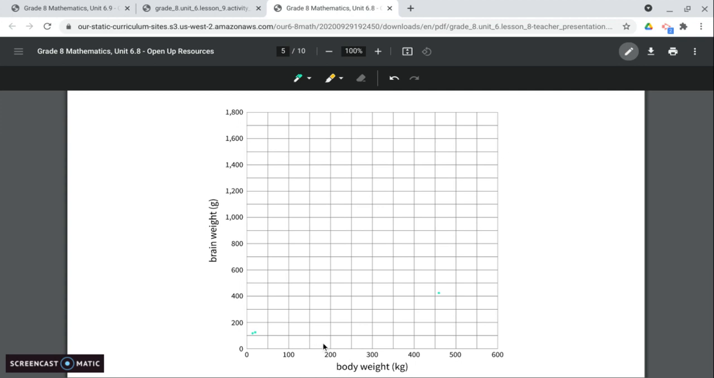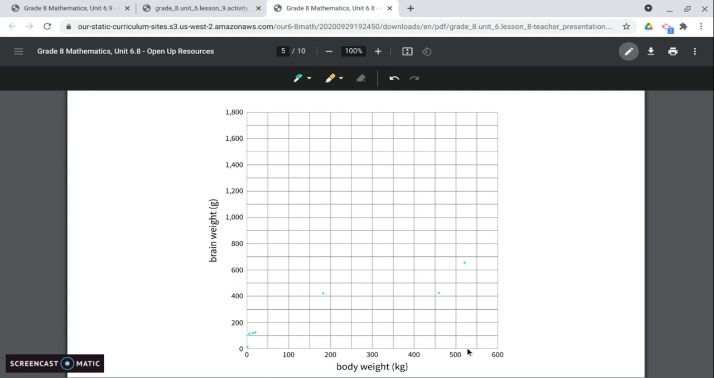187 and 419. Let's see. The horse is 521 and 655. The potto monkey is 10 and 115. The cat is 3 and 26. The giraffe is